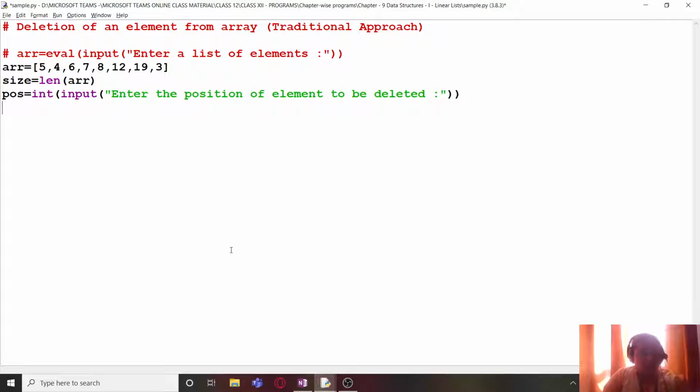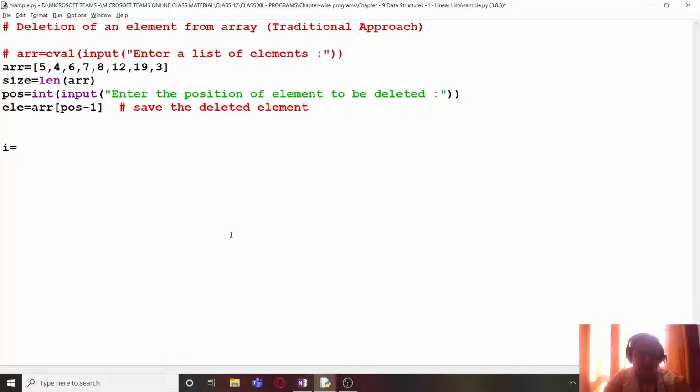And now I will be writing le equals ARR pos minus 1. So I am saving the element to be deleted, or save the deleted element. So I have saved the deleted element over here, and now I will be running the loop.